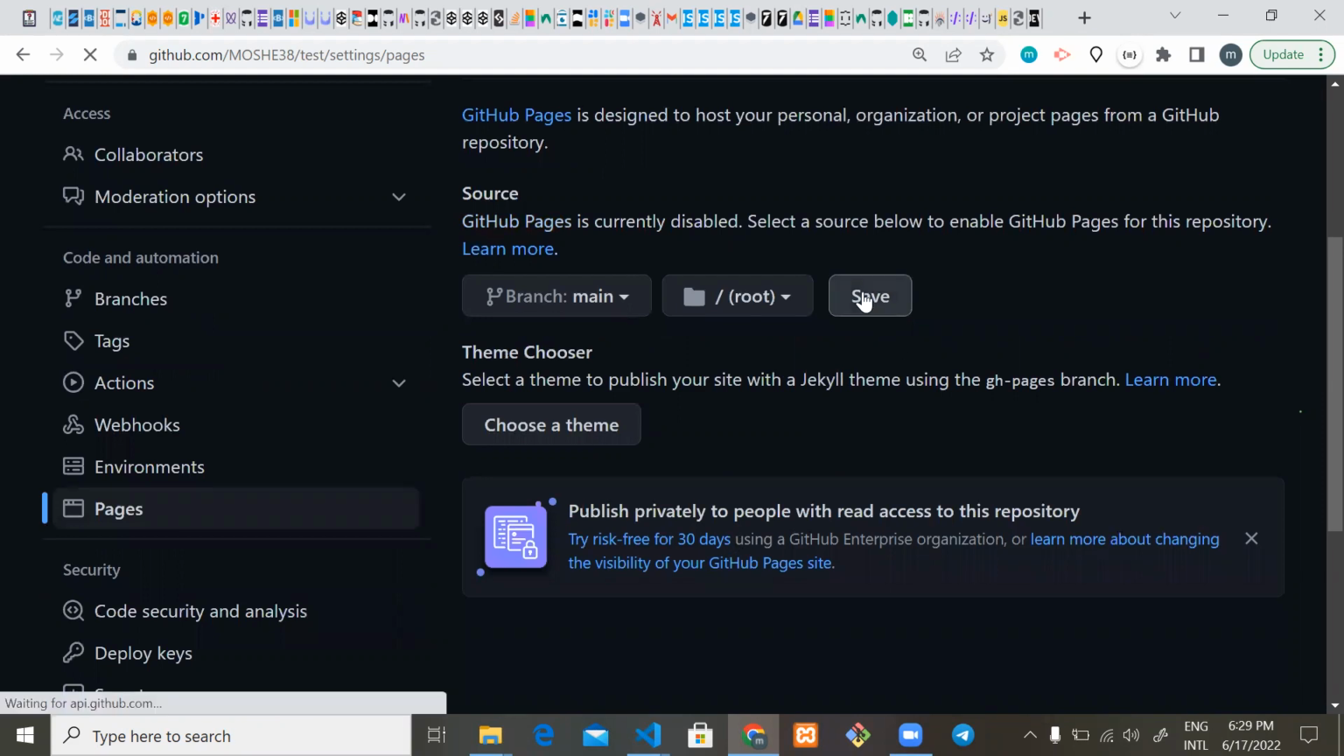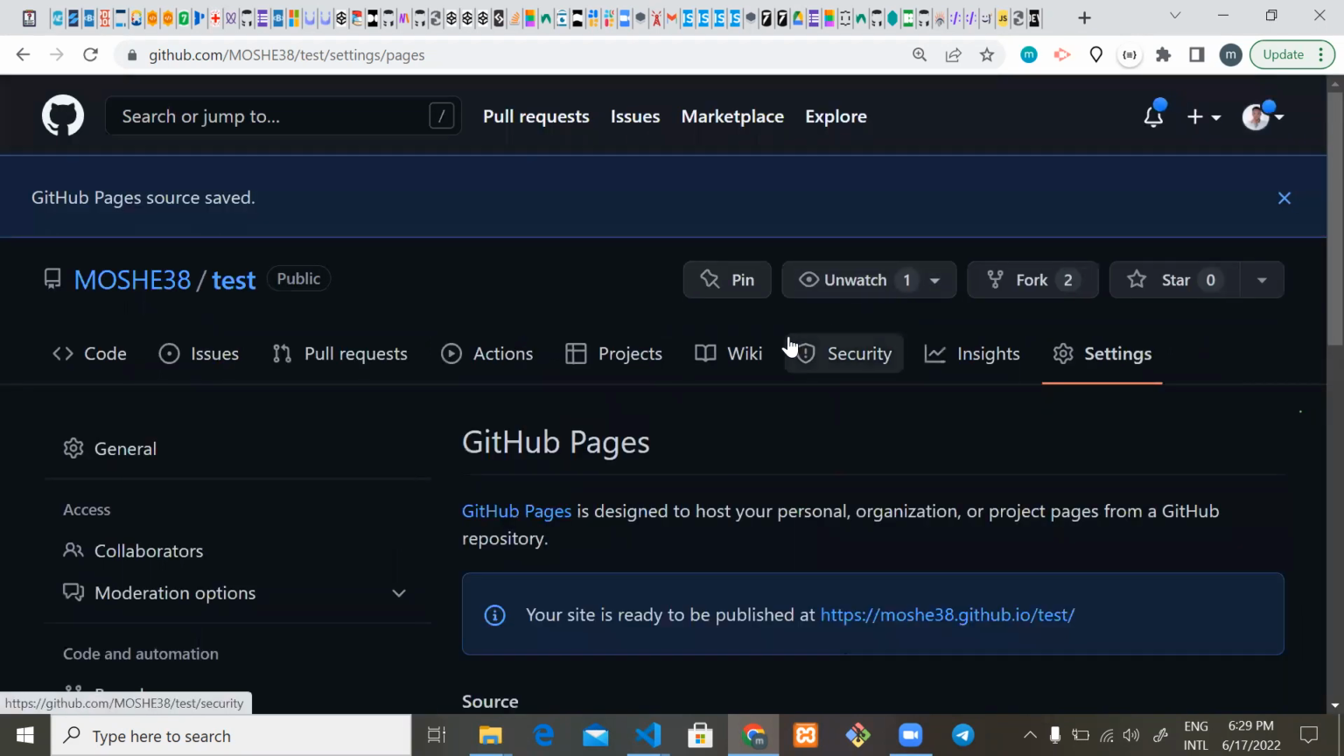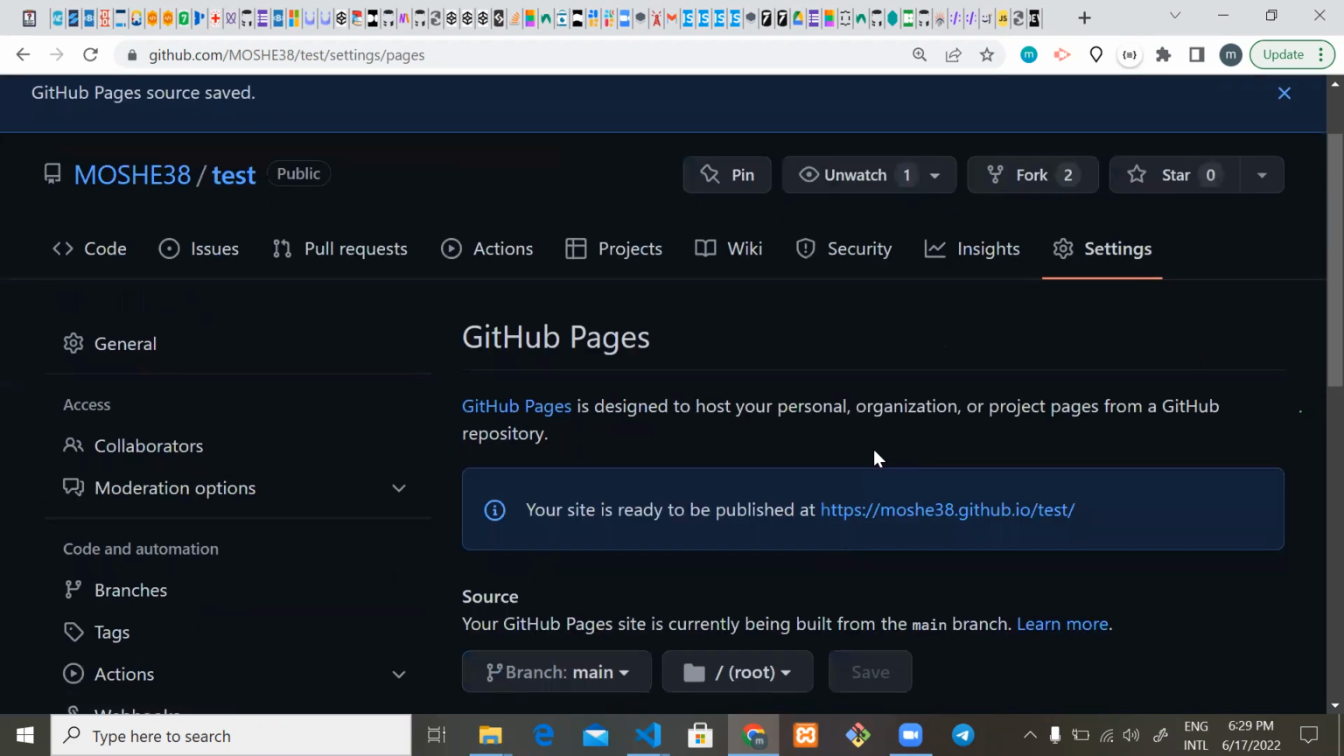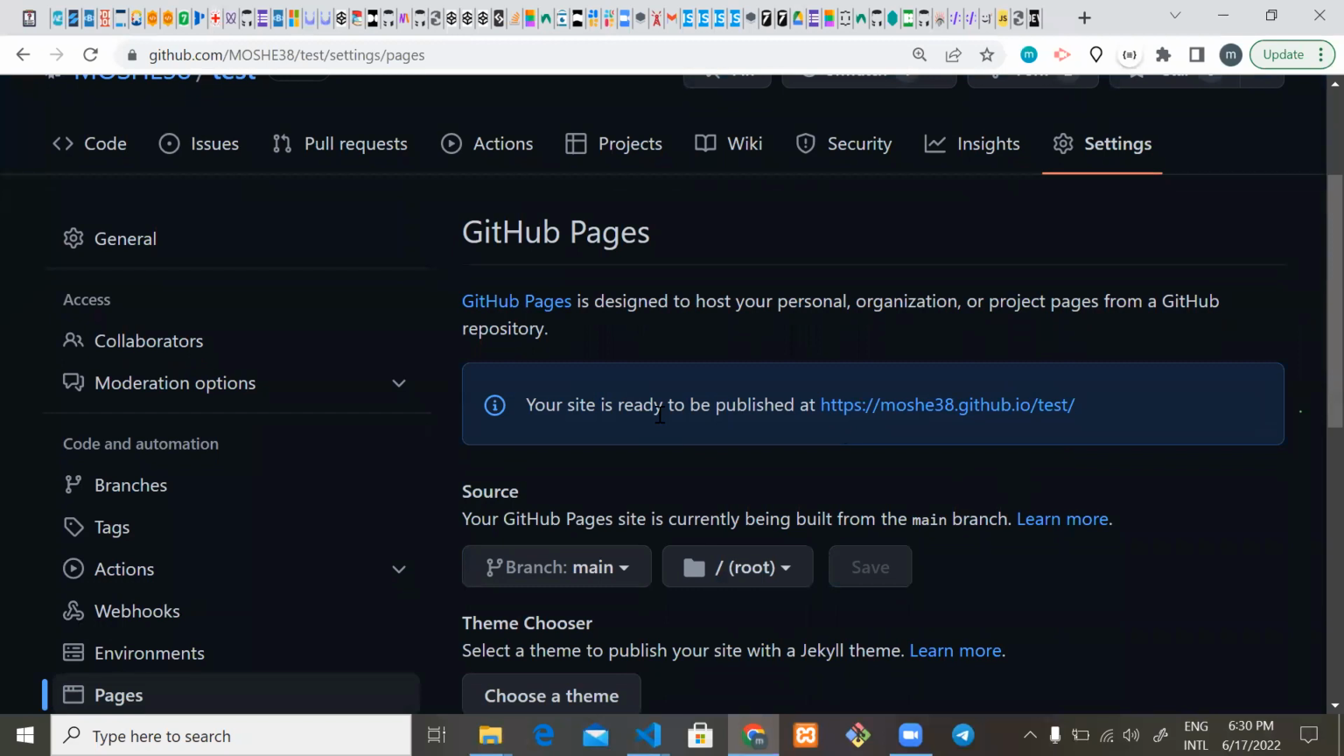So when we click on save, you can see the link to your live site. Your site is ready to be published at this link, right? So if you put this in your browser, it will go to